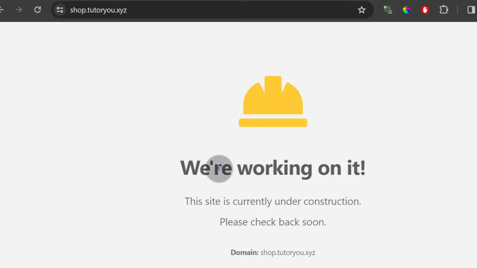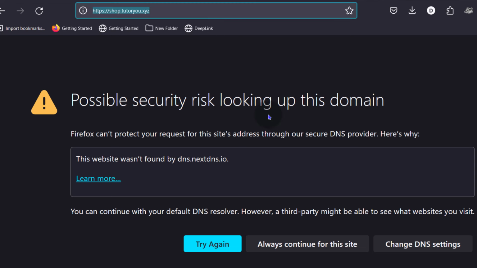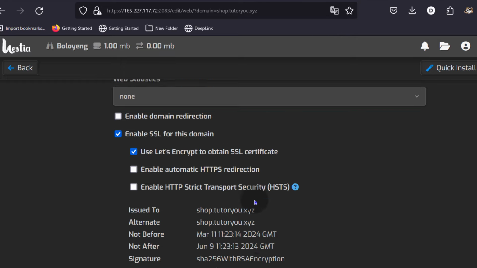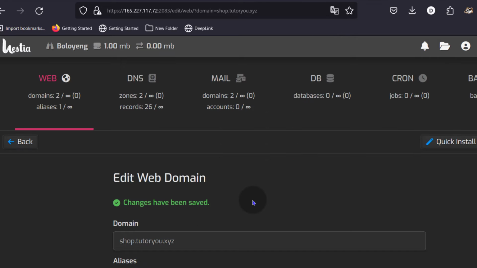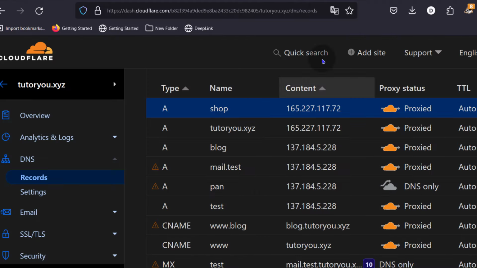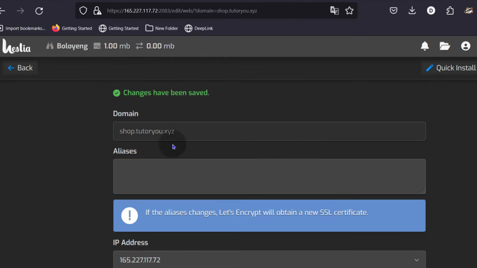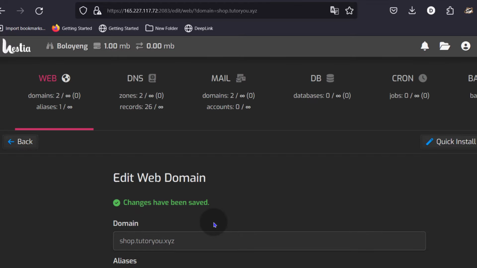The other side is probably due to the web cache. I can install whatever I need to install on my subdomain. So I'm just using HestiaCP as an example here. If you're using cPanel on your shared hosting, the process should be almost similar, even though they work differently. Just add the records here and do whatever you need to do on your control panel, like add the domain and then install anything that you need to install, right?